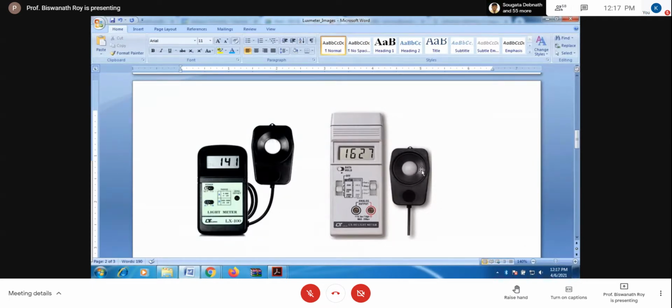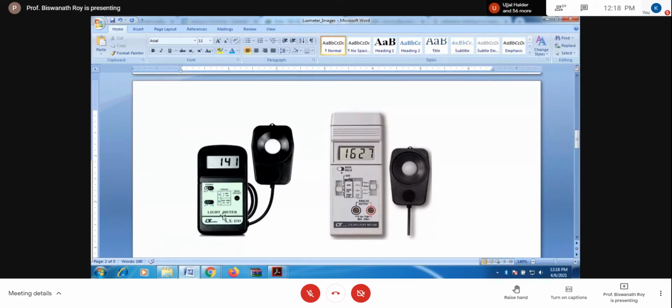A PN diode, photodiode. Here battery power is required. When light is incident over the surface, this unit we call the sensor unit. The sensor unit is to be placed at a point where we are interested to measure the available light. In a cricket stadium, the umpire uses a pocket lux meter to measure the daylight level. So whenever we measure the light level at a point, at a plane, we have to use this instrument called a light meter.